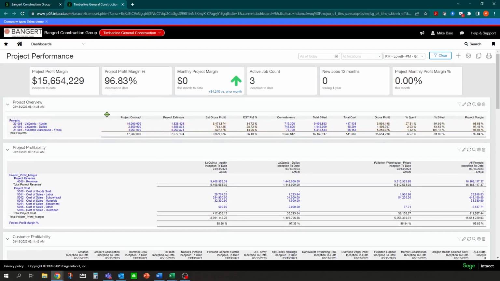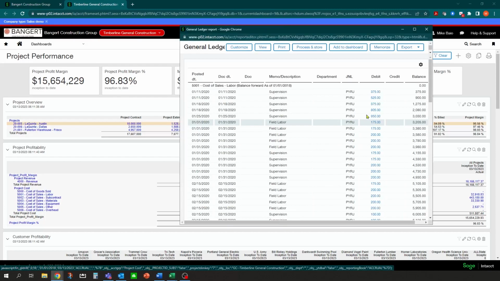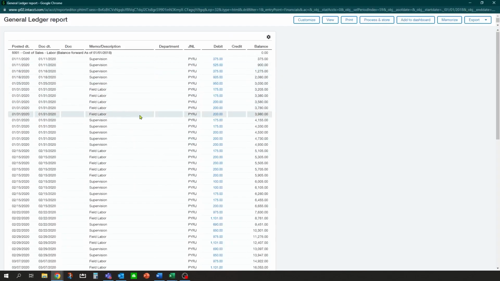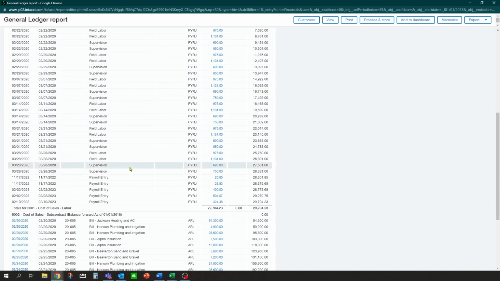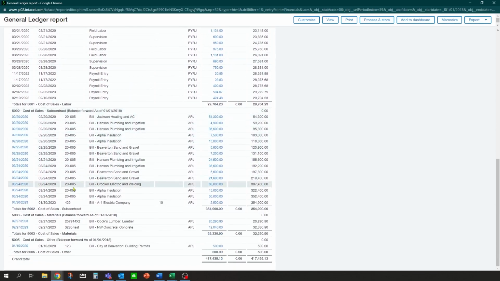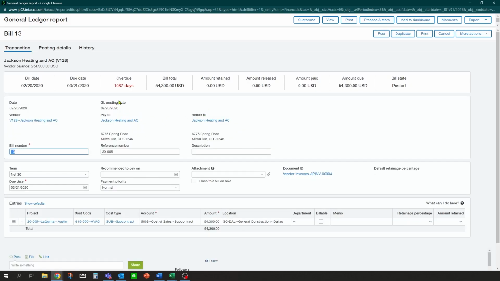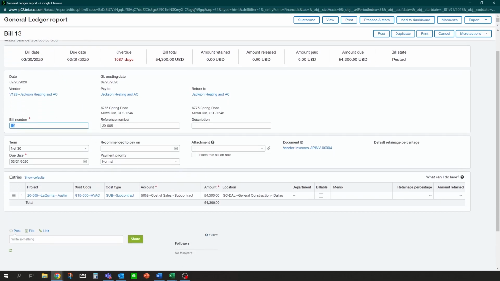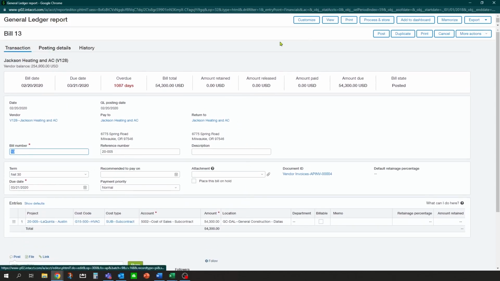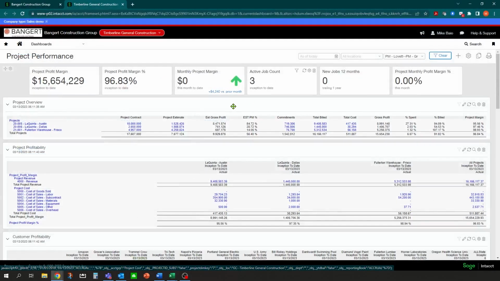What's really nice with the dashboards is they're interactive. So if Greg wants to drill in and see why his cost is so high here, I can click on the amount and open up another window and another report, which is a transactional view. There's all my payroll. You can see some of my subcontractor information, Jackson Heating. If I want to see some details about that subcontract, I can click on it and it'll keep drilling deeper into the system, and all this is done from the dashboard. Now I'm in the actual AP bill record and I can see the information in the bill. If you close this out, it'll take you back to the dashboard.